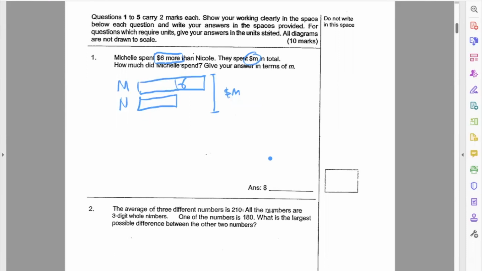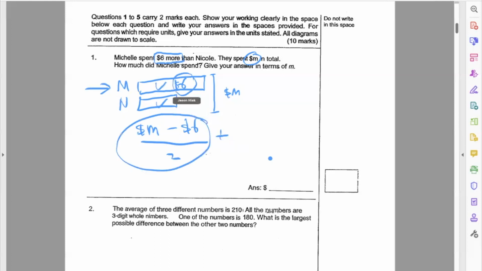You always use the total, take away the extra, which in this case is $6. So M minus $6. And if you divide it by 2, this is what you get, one of this. So the question is asking for Michelle. So Michelle is this. So it will be just this plus $6. So the answer is